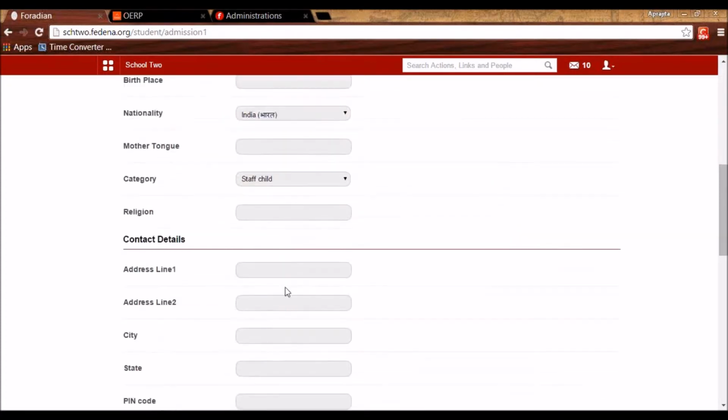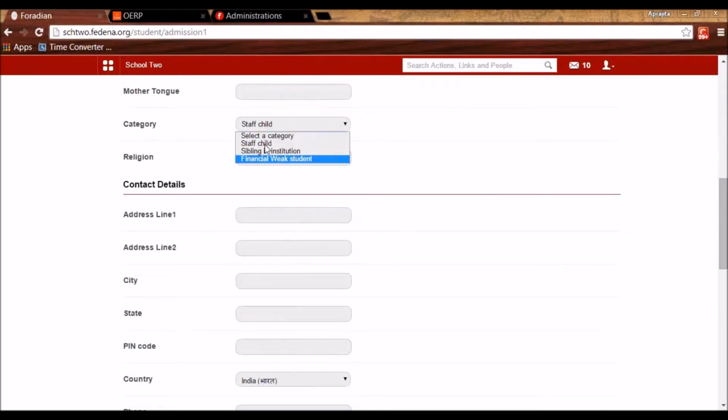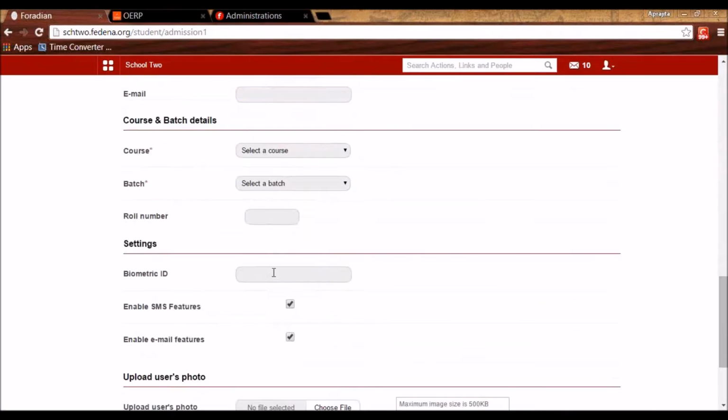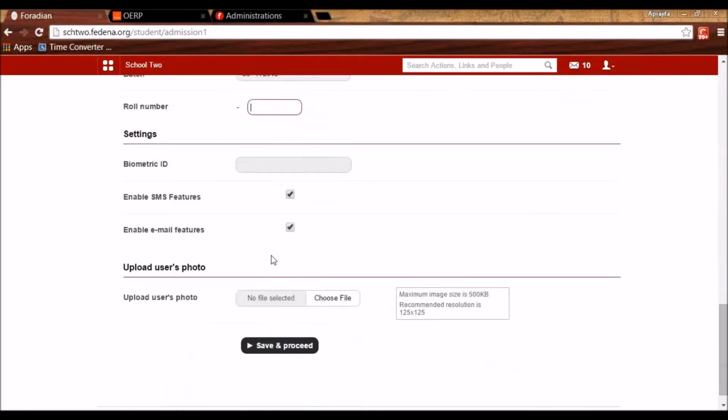You can put the student in a category. So these are the categories that I created. So I can put this student in a category here. Then I can enter all the other details. I can put him in a course. I can put him in a batch. And I can assign roll number from here as well when I'm admitting. Or I can skip this for now and enter this detail by going to manage student roll number. So the roll number will automatically be generated. I can also upload the photo from here.